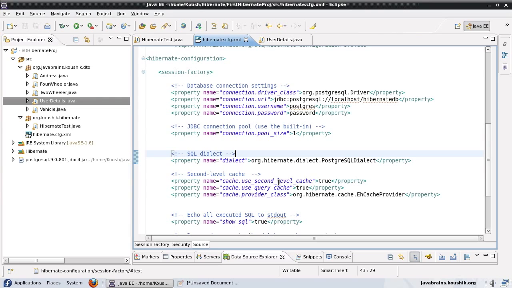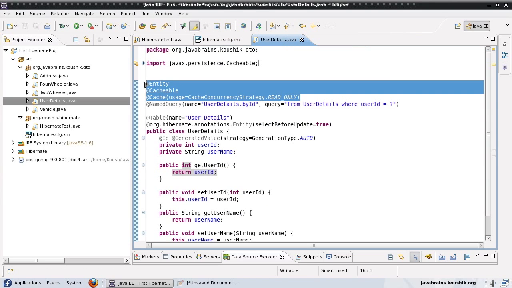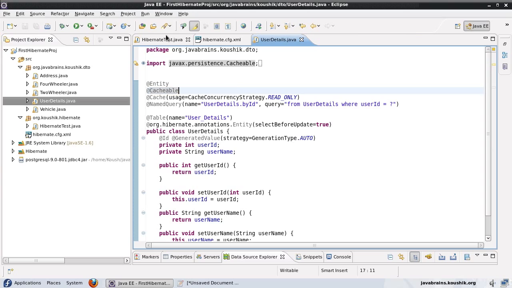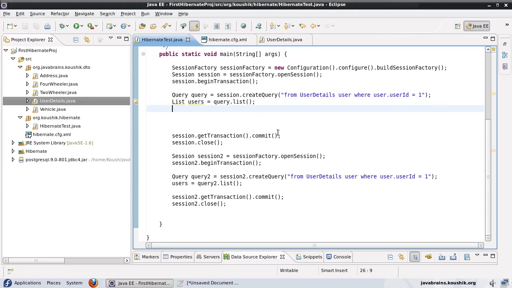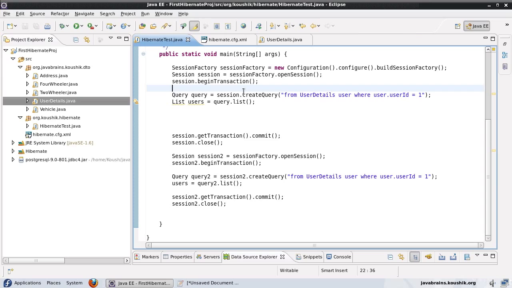Okay, now when we enabled the second level cache, what we also did was we went to the entity and we said, hey, make this entity cacheable. Okay, the same way for a query, we need to tell Hibernate, hey, make this query cacheable. Not all queries are cached by default, just like not all entities are cached by default in the second level cache. So in order to make a query cacheable, what we need to do is here after our session.createQuery,